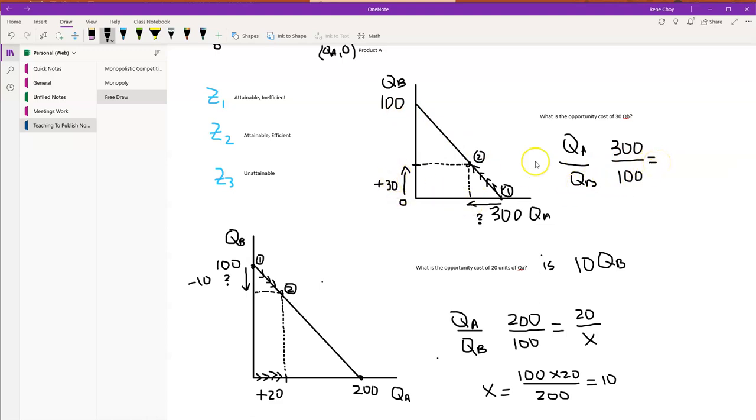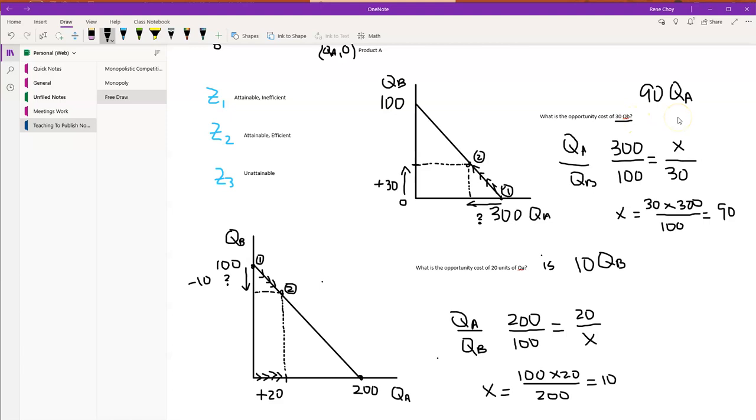Now in this case, we want to add 30 QB, and we don't know how much QA we've got to give up. So in order to get the answer, we've got to cross multiply and divide. So X is equal to 30 times 300 divided by 100. And the answer should be 90. All right? So you've got to give up 90 QA in order to